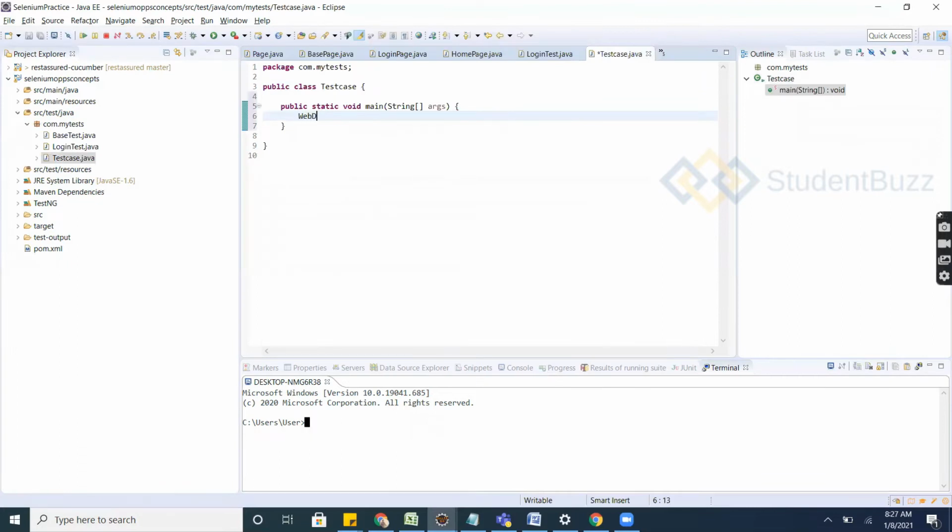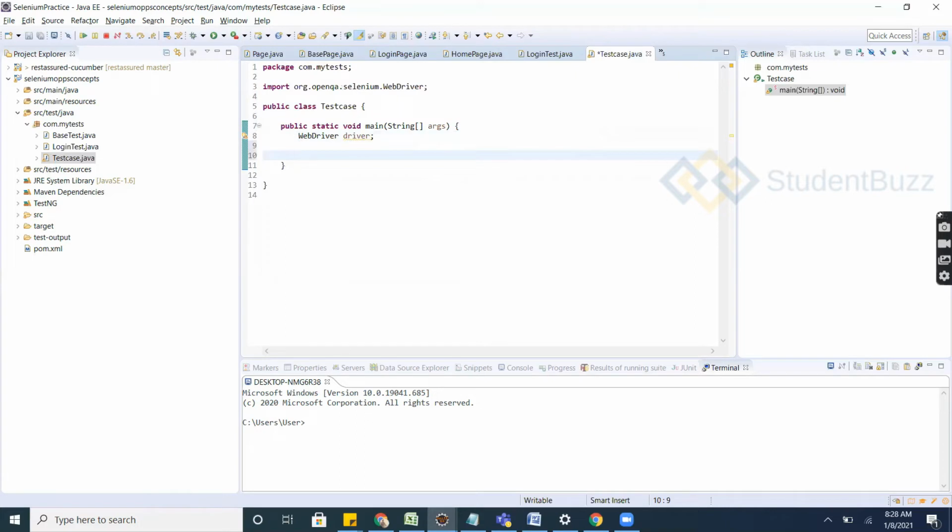I'm creating the main method. I'm creating WebDriver. When we want to use any of the methods inside a class, what did we do? For example, ClassName class1 is equal to new ClassName.